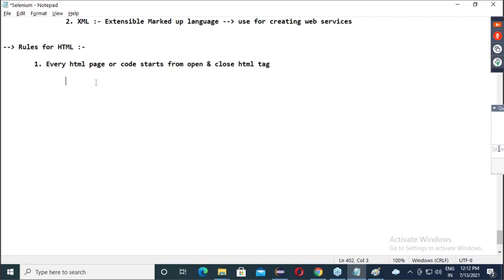For example, like this: HTML open, after that HTML close.